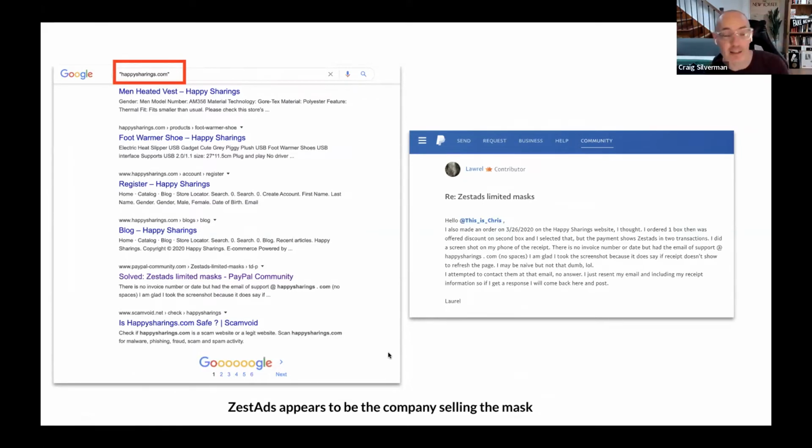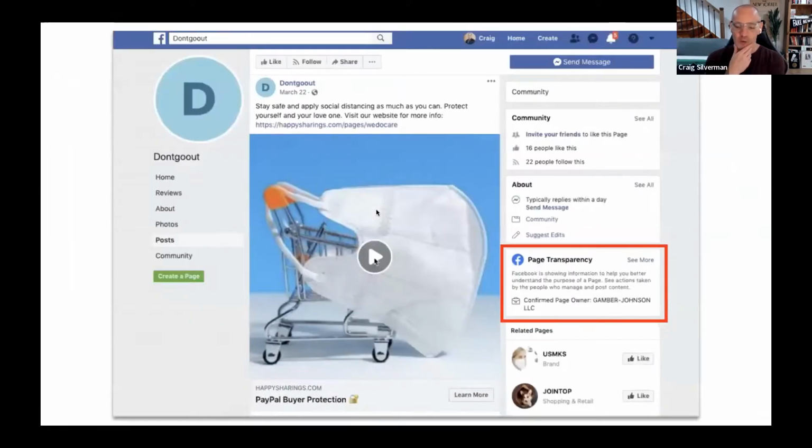So this is really interesting because very quickly I go from just an anonymous Facebook page, to a website that didn't list any company name on it, to searching and finding the name of possibly the company behind selling these masks. Okay, so now we have a Facebook page, a website, and a company name. We're starting to grow things relatively quickly, right? What do we want to do? Well, on the Facebook page, there's still more investigation we can do.